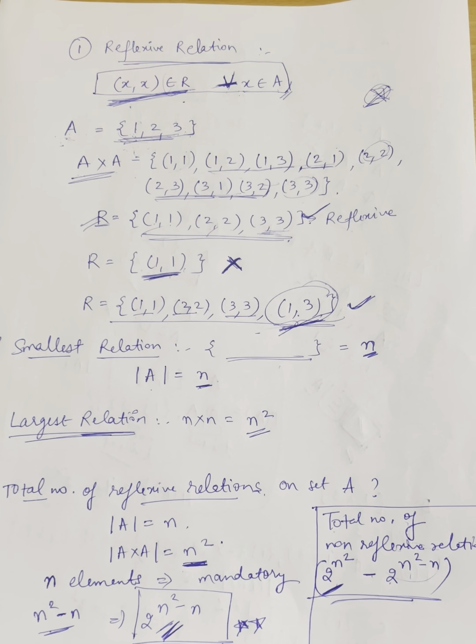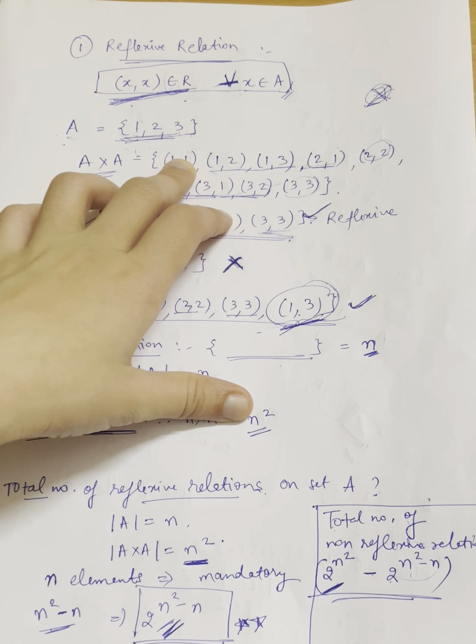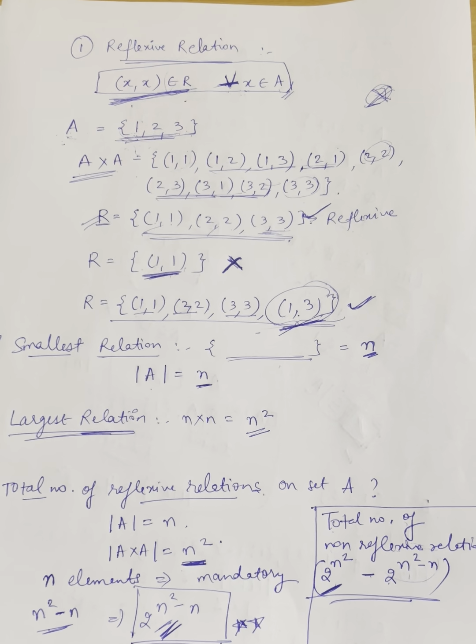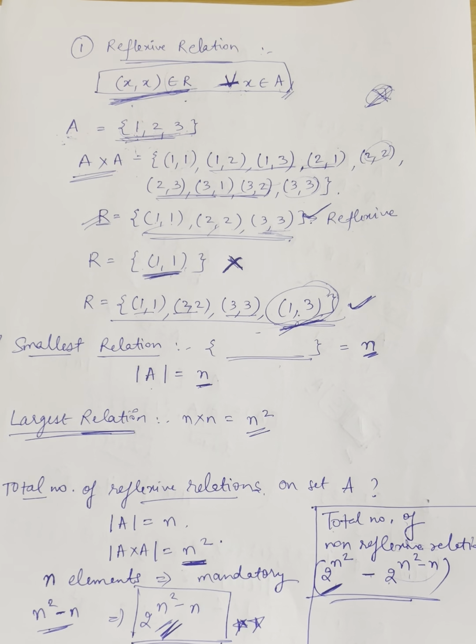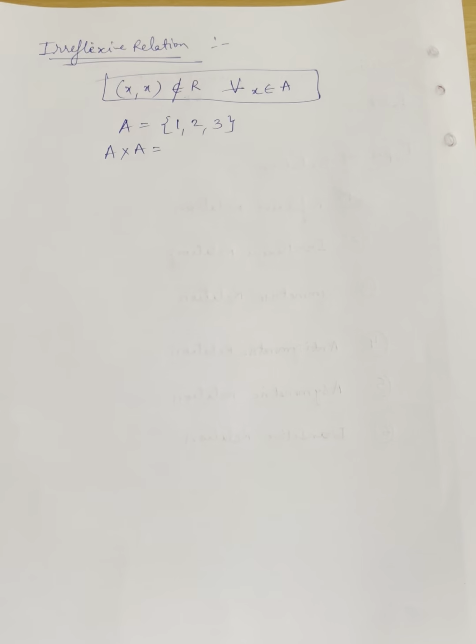Okay, so if you take some other set B also, then you need to take the same elements. That's why it is better to do the Cartesian product with itself. Now it depends on the question. If it asks with another set, it's fine. We need to answer whether it is reflexive or not. So that is the main question, whether it is reflexive or not. You need to think about it simply.